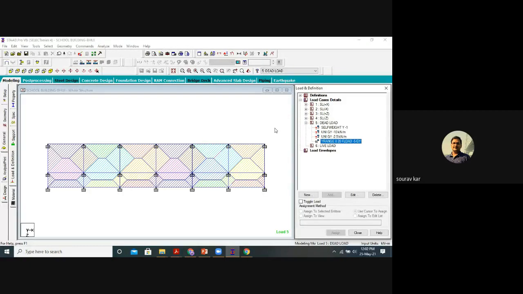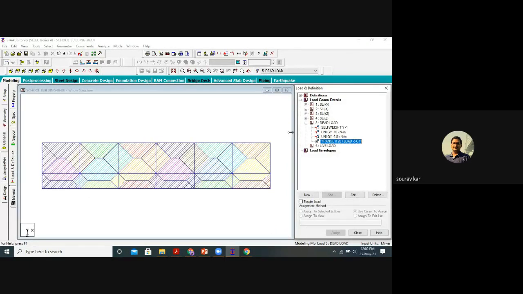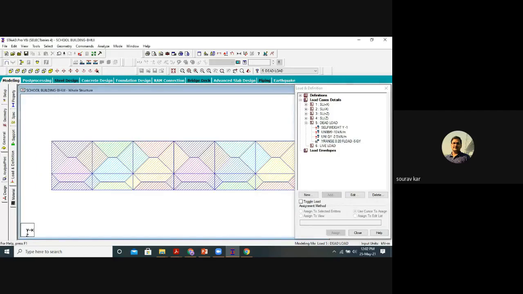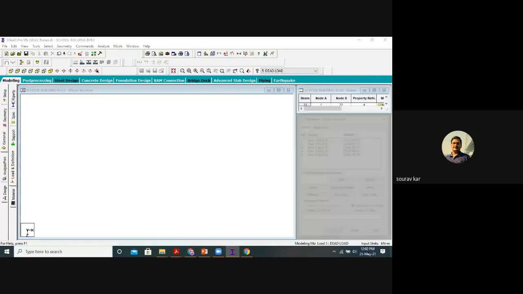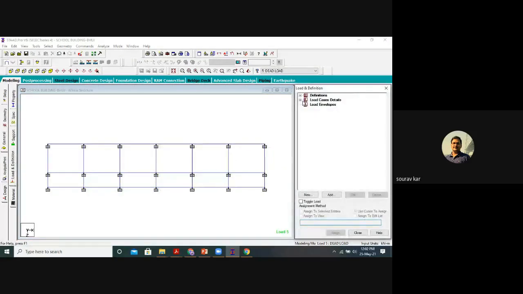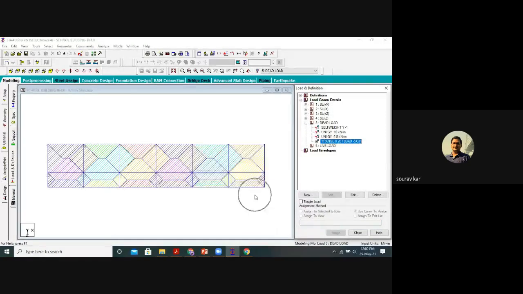Based on this slab load distribution, just tell me what type of slab is this? Anyone? No idea? Since it is a trapezoidal distribution, it is a two-way slab. All these slabs are two-way.